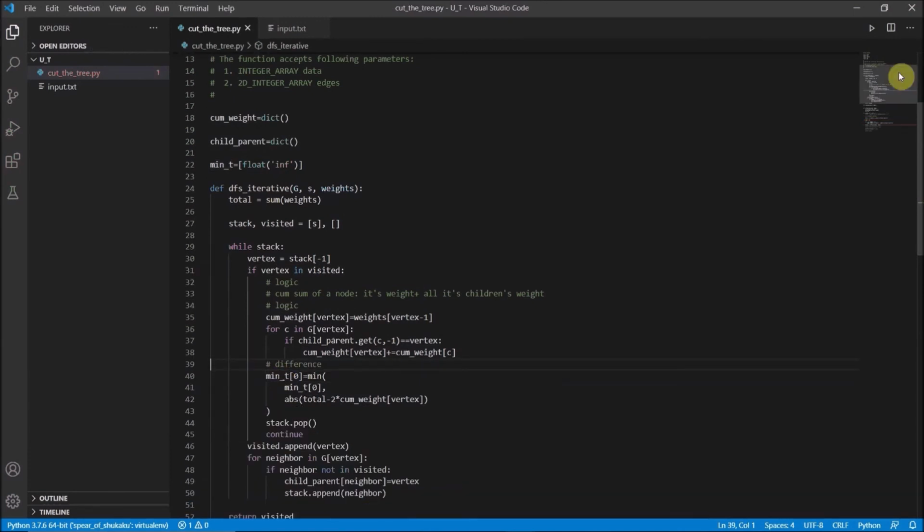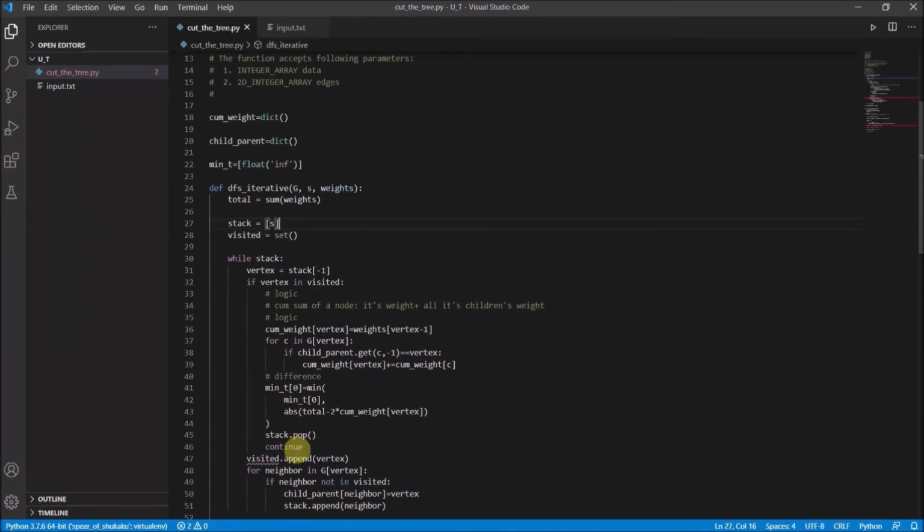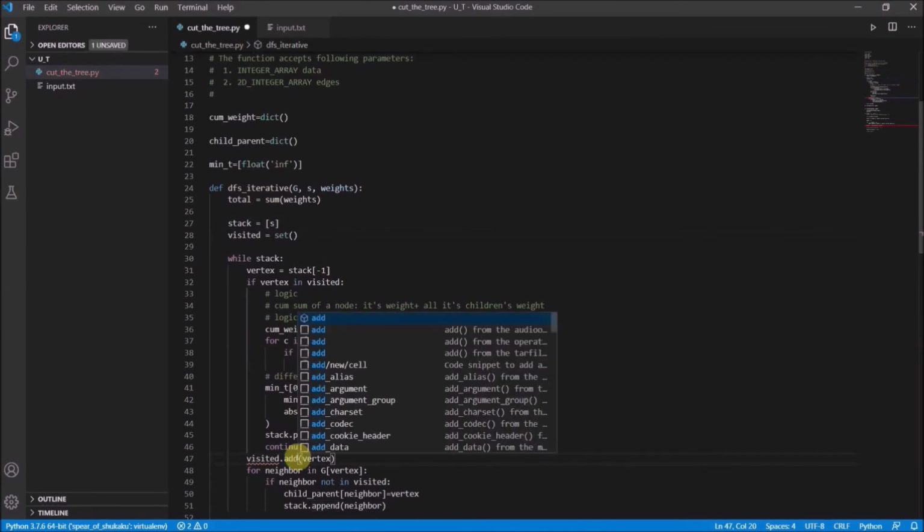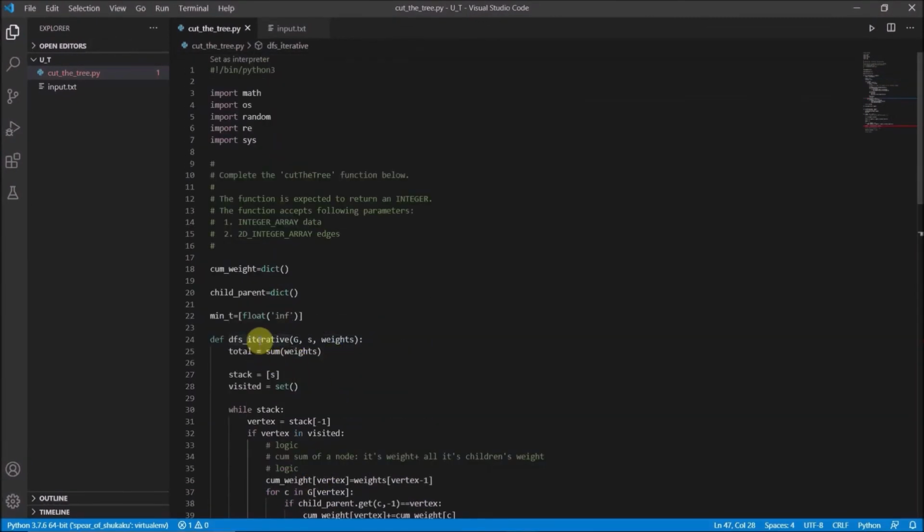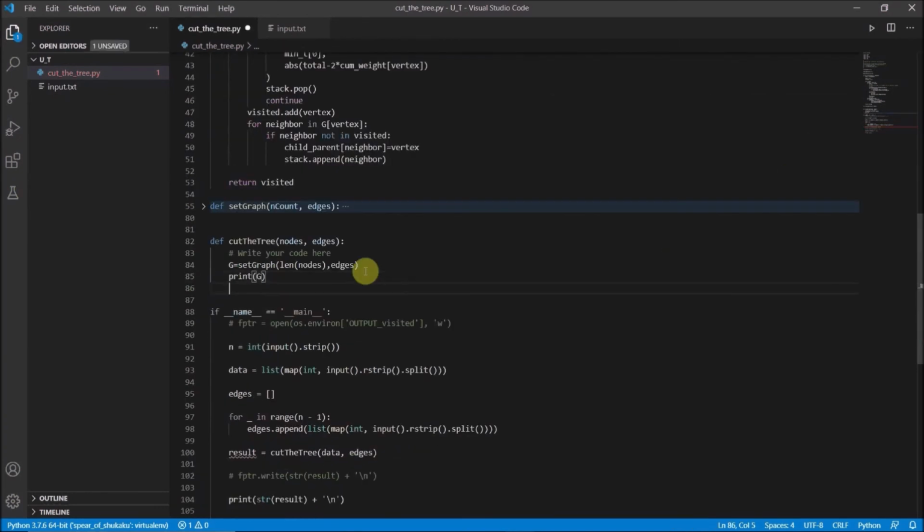This basically completes this function and it should be good to go. And there is one last thing that I would like to change here, which is this visited variable. Currently it is a list. I would like to change it to a set. So I would also like to add here. So now let's invoke this DFS iterative function and print out the minimum result.